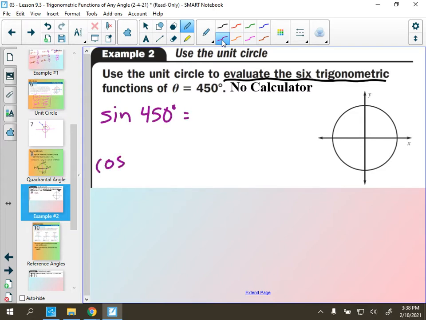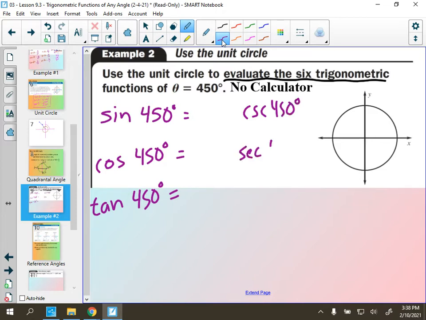What is the cosine of 450 degrees? What is the tangent of 450 degrees? What is the cosecant of 450 degrees? What is the secant of 450 degrees? And what is the cotangent? Okay. No calculator. Oh my gosh, how can we do this? That's a huge angle measure, 450 degrees. Well, if I'm asking you to do this without a calculator,